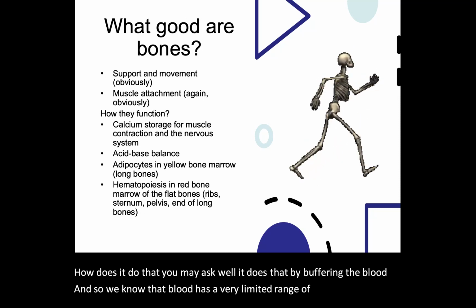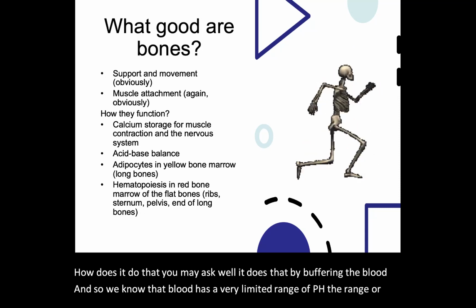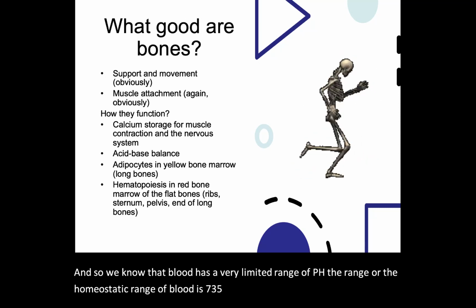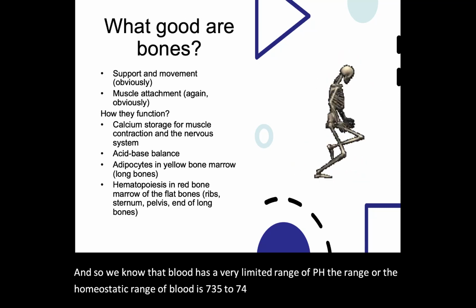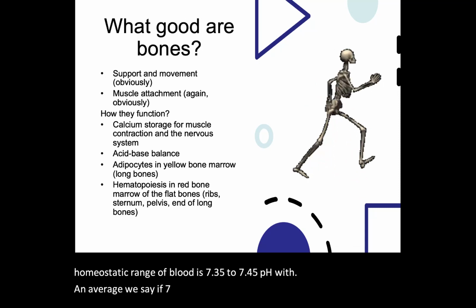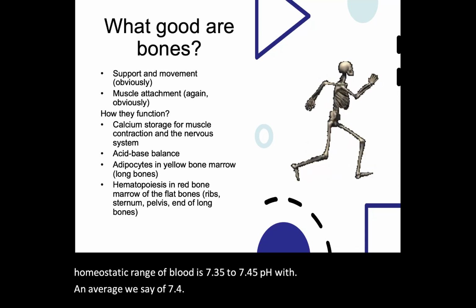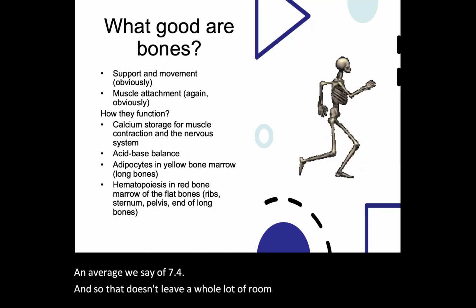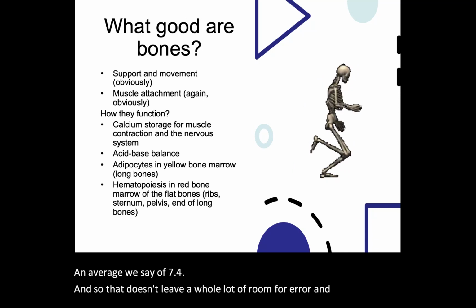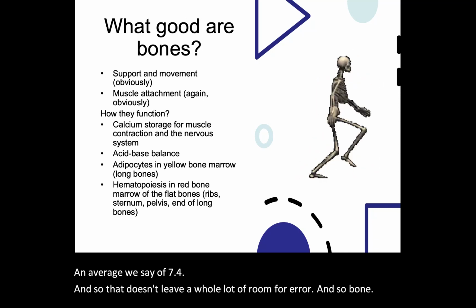The homeostatic range of blood is 7.35 to 7.45 pH, with an average, we say, of 7.4. That doesn't leave a whole lot of room for error. And so bone can release